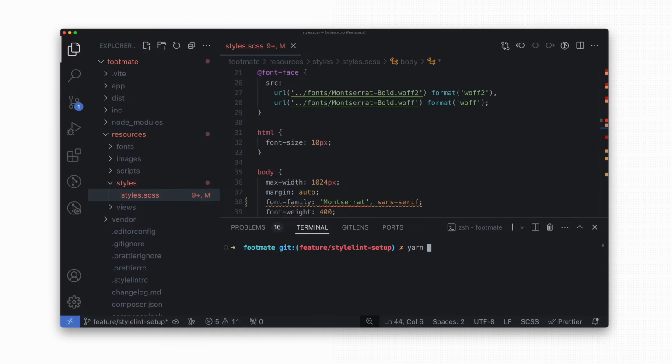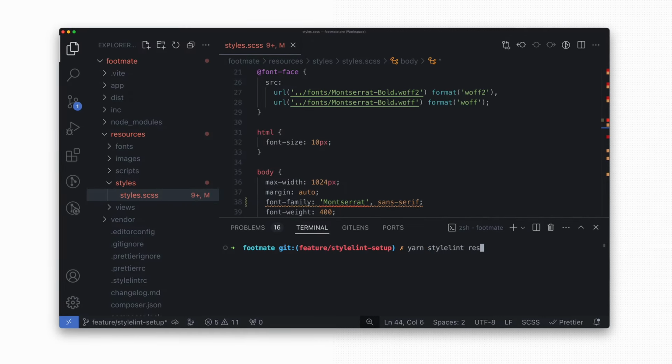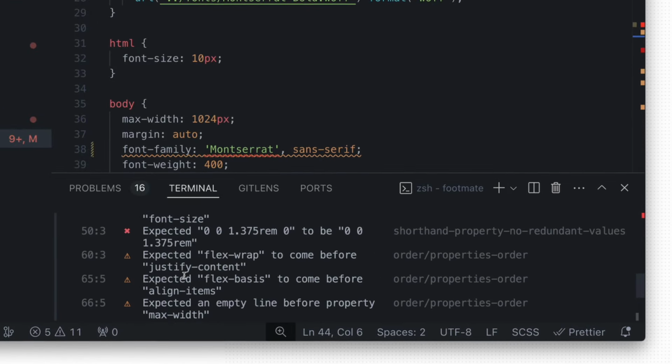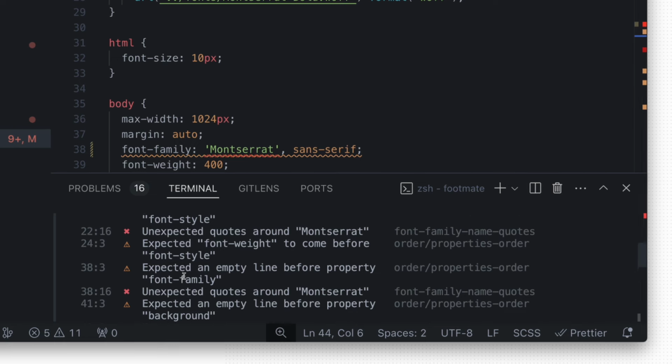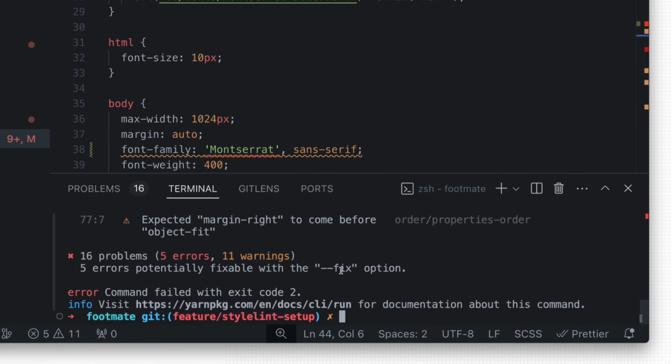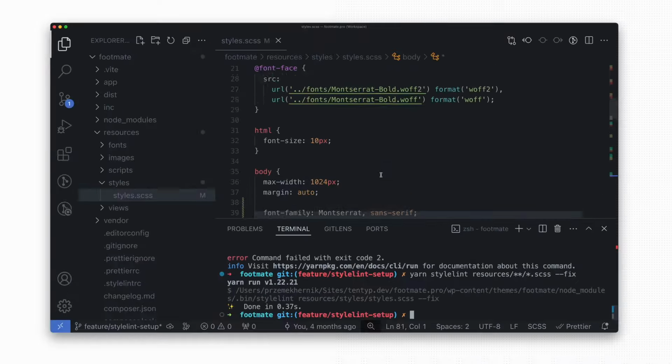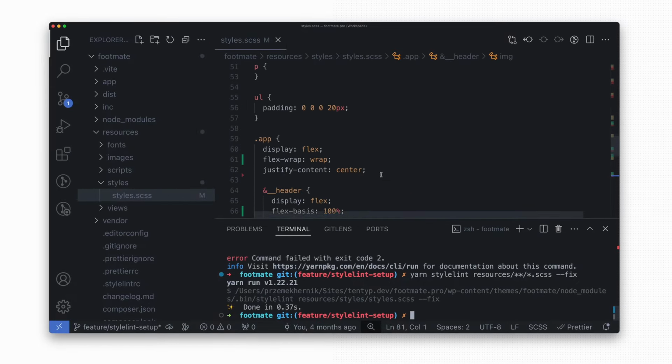As you can see here, we've written a code that doesn't follow the order rules and we have a lot of things to fix. Of course, you can move the lines manually, but it doesn't make sense. Fortunately, most of the problems related to the property order can be automatically fixed. You can run one command and the tool will handle the order for us, making sure that it is compliant